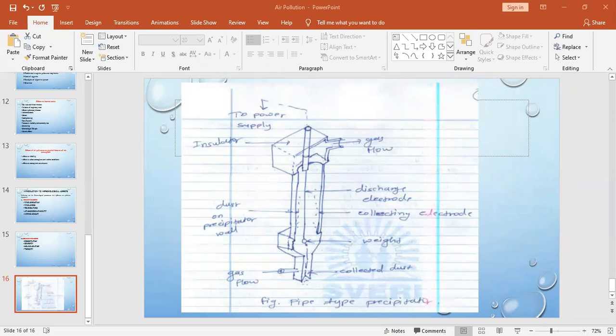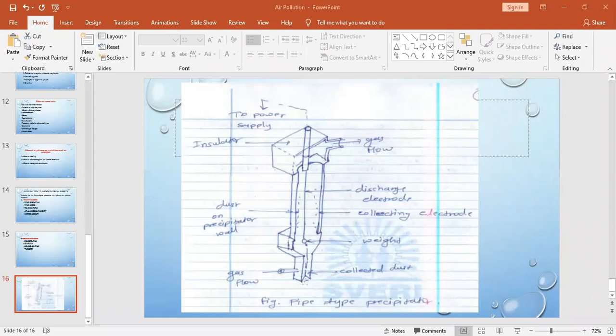Due to ionization, an active glow zone will generate between the two electrodes, the collecting electrode and the discharge electrode. A high active glow zone will be created, and that active glow zone is usually known as corona,